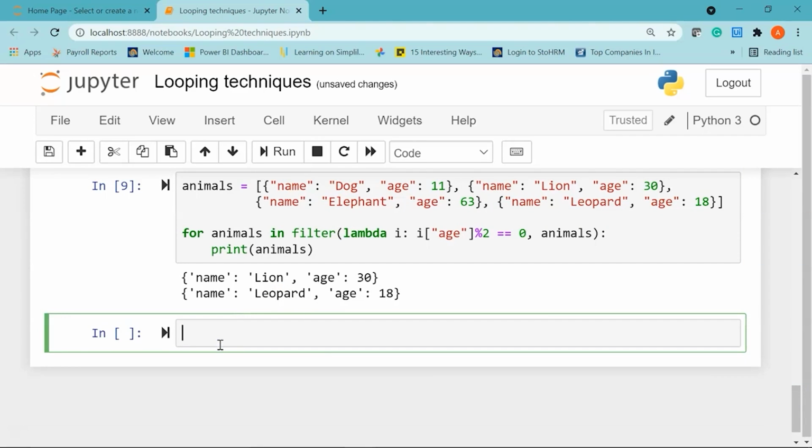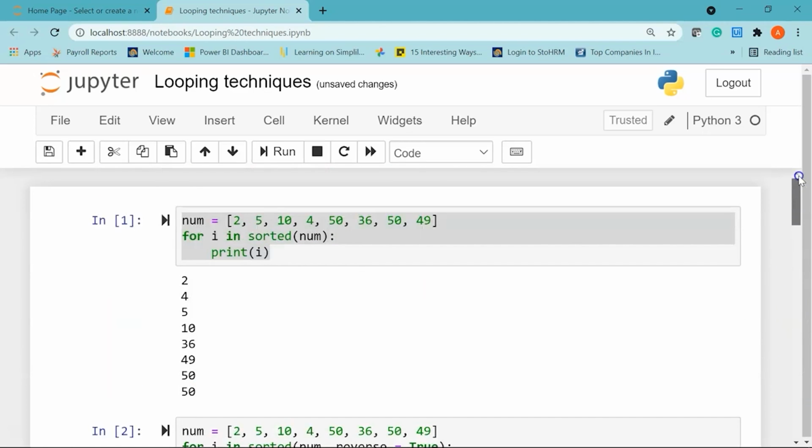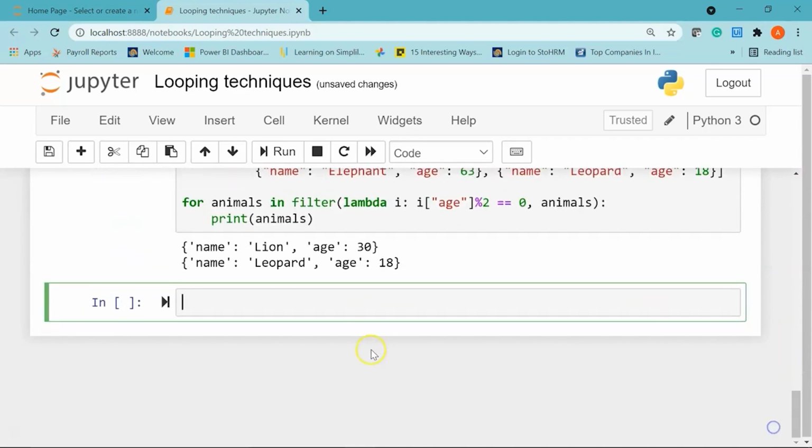Alright. Now in the next example, we'll see how to remove items in a list using a while loop. So far we have been using only for loops. Now we are going to see a few examples using while loop. Okay. I'm going to create a variable called country. This variable will hold a list of elements of different country names.